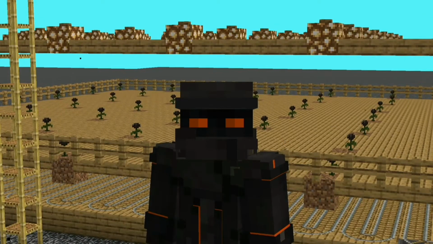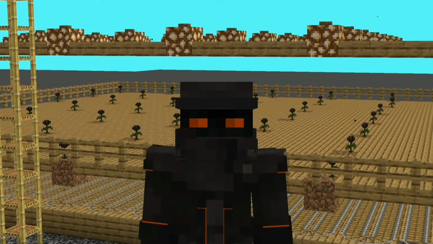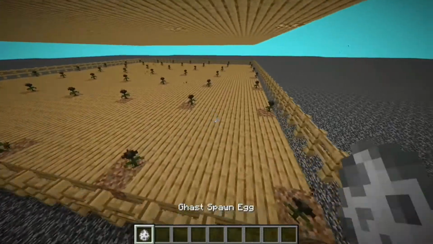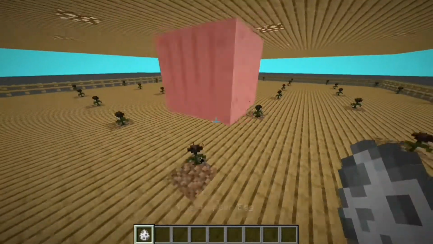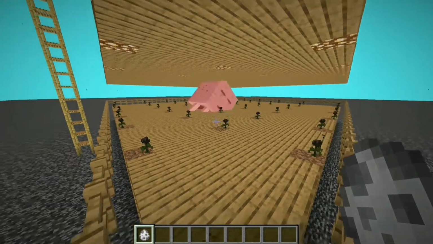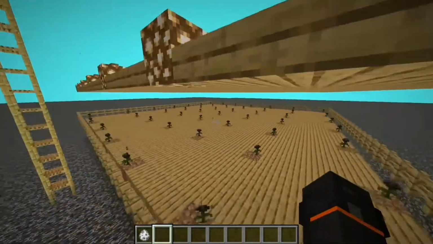In this video, I'm going to show you guys how you can create a very simple ghast farm for your survival world. This is honestly really simple. Basically, this is an enormous spawning platform and your ghasts will spawn here on these slabs. Once they do, they will immediately collide with one of these wither roses and they will take damage, eventually die,